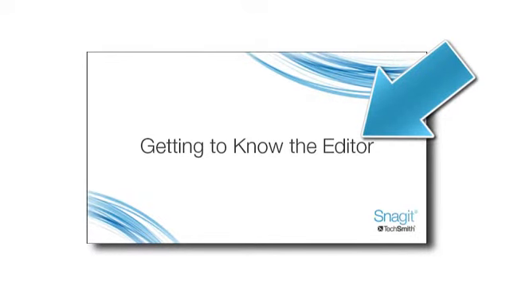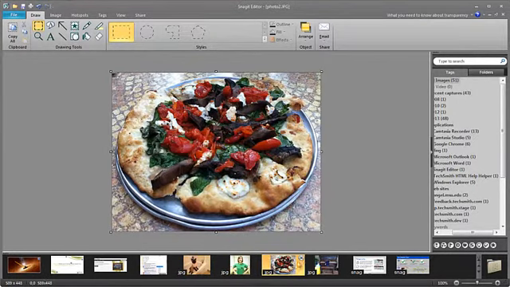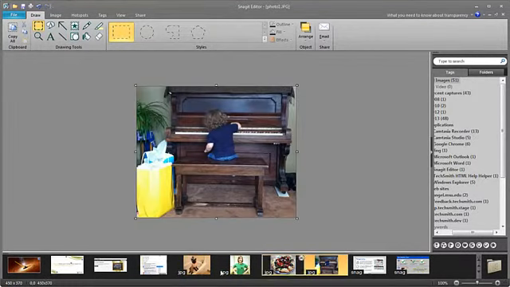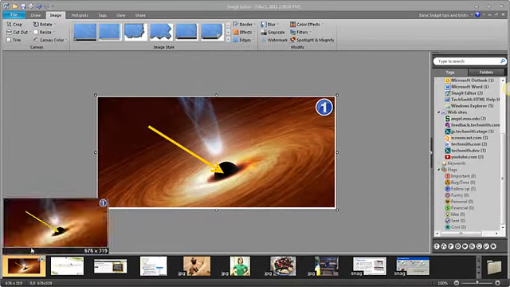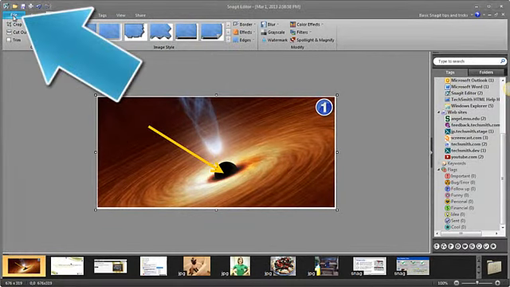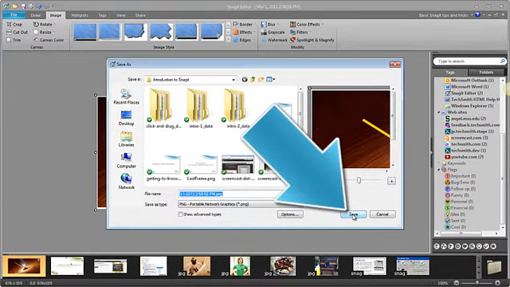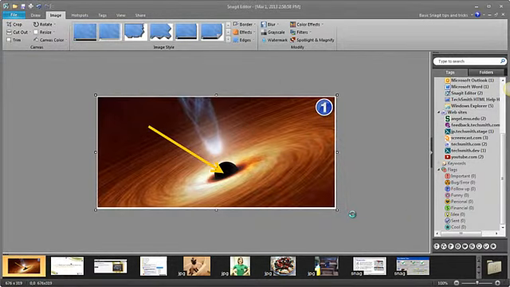And just to be clear, Snagit can edit almost any image. It doesn't have to be one you captured off your screen. You may be asking, how do I share this image with others? Well, you could save it like this. You may be used to saving things on your computer like this already.